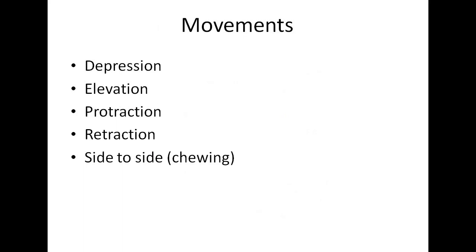So we will see each movement one by one. What happens in depression, that is lowering of the jaw to open the mouth? During depression, the head of the mandible along with the articular disc glides forward in the upper meniscotemporal compartment on both sides by the contraction of the lateral pterygoid muscle. So remember, the lateral pterygoid muscle is the only depressor muscle of this TM joint. At the same time, the head rotates forward underneath the articular disc by the contraction of the suprahyoid muscles, and these are the accessory muscles of mastication. Again, one point to remember, gravity also helps in the opening of the mouth, that is the depression of the mandible.